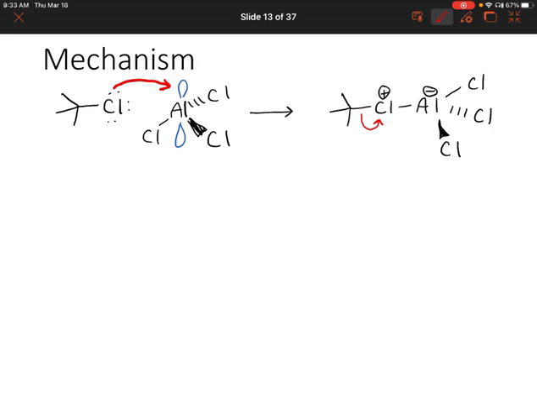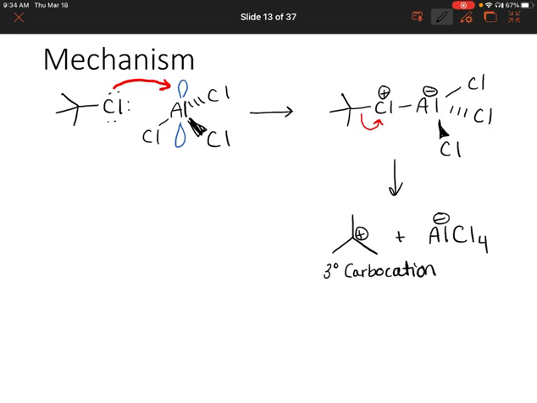And we end up forming a carbocation plus aluminum tetrachloride, and aluminum is still negatively charged. So this is a tertiary carbocation, which is very stable,